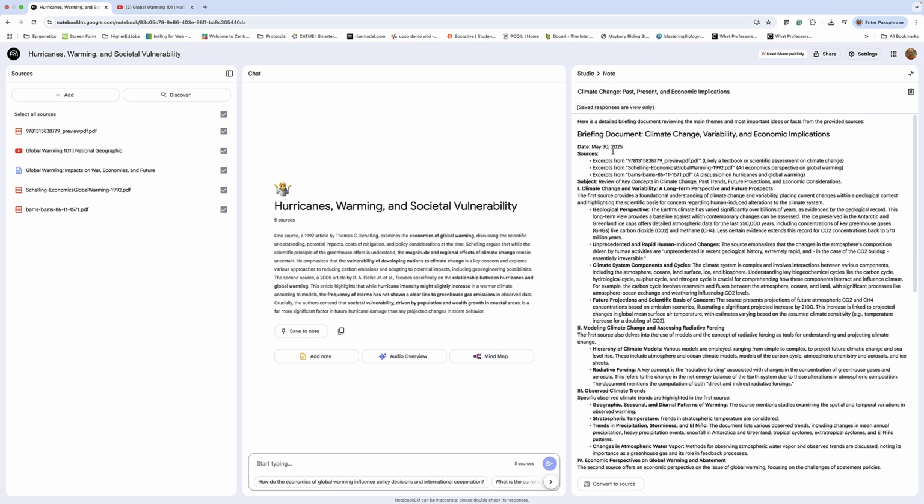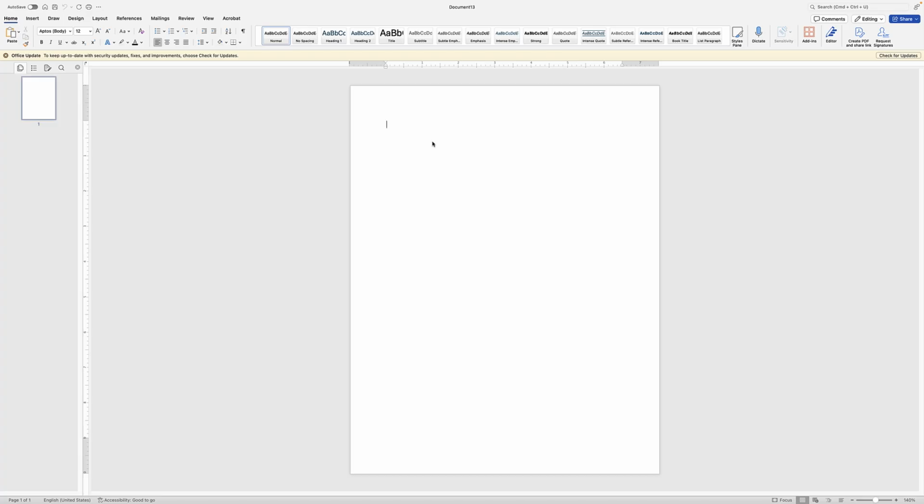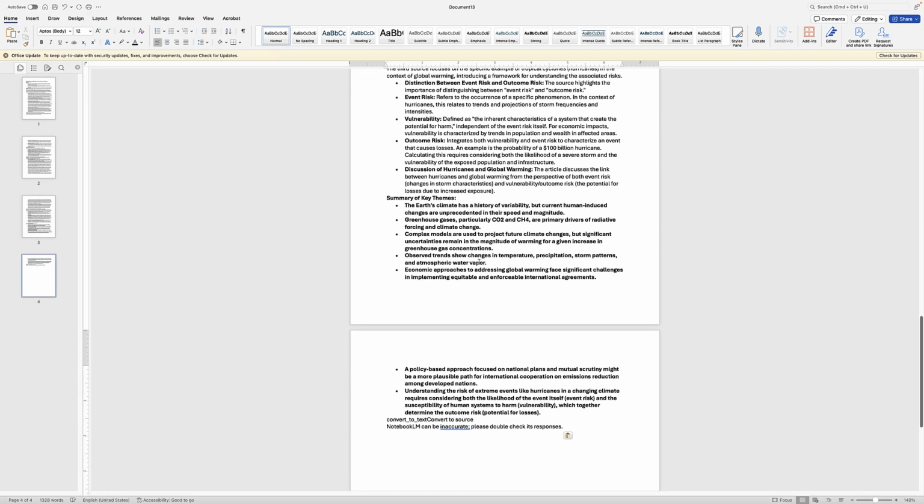Then I want you to copy all this, because again, unfortunately, it doesn't let you download it as a Microsoft Word document. So I'm going to highlight all of this, copy it, and then paste this into a Word document. Here's an open Word document. I'm going to paste it in there. And this is that briefing document that we just generated from the